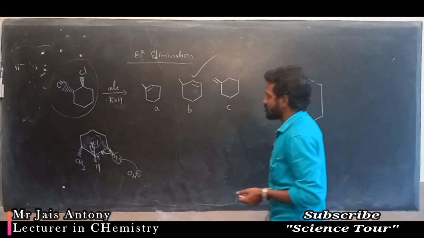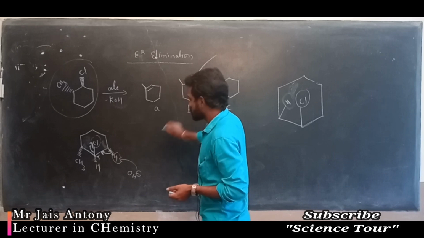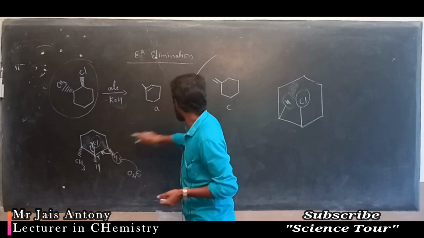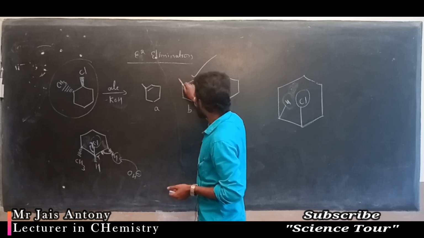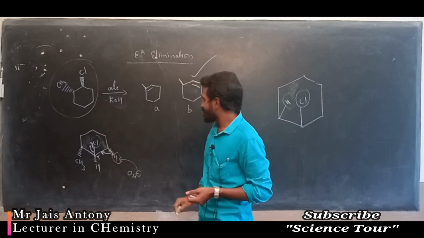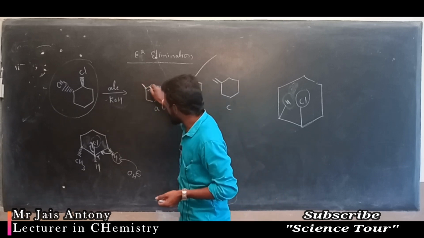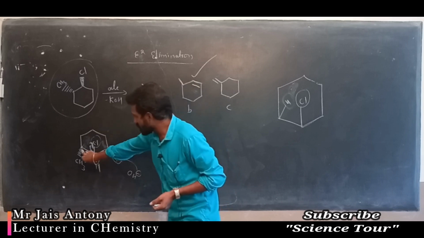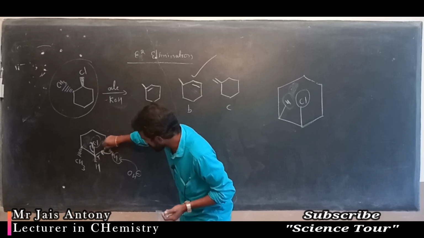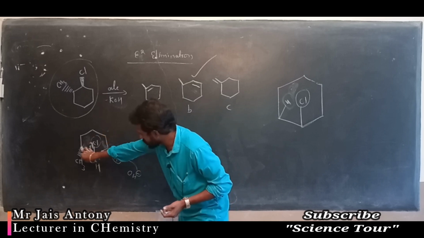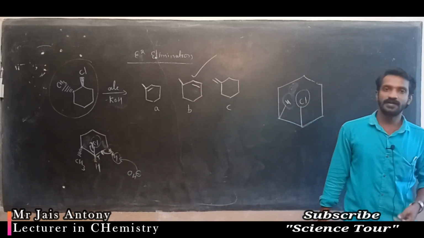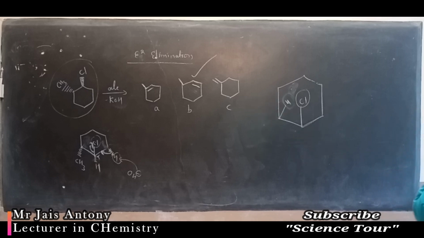Why B? Here there is a CH3 group, then a single bond, then a double bond. Why not the other structure? There, right after CH3, the double bond is immediately present. No, the double bond forms between this carbon and this carbon: CH3, then after that the double bond. So this is the correct structure. B is the answer.